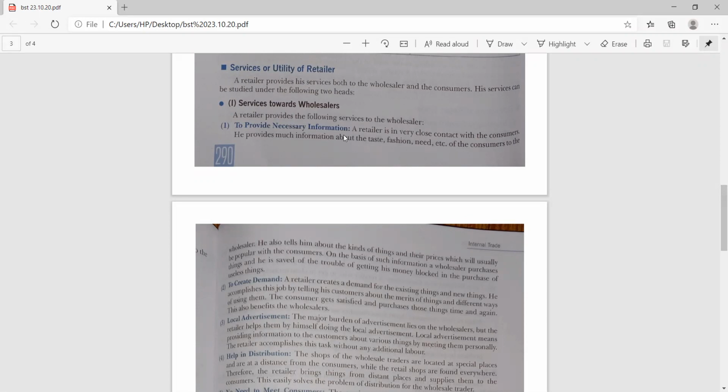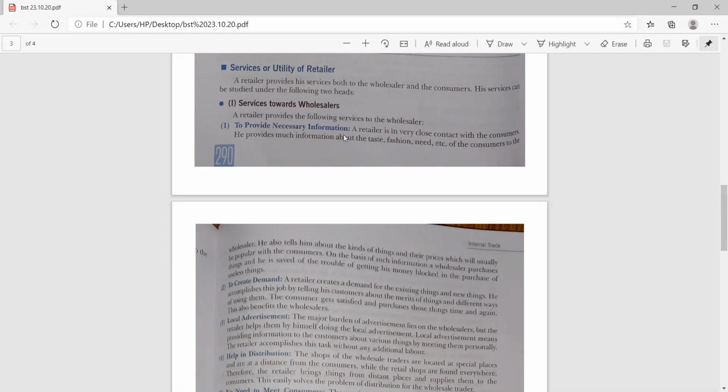You just go as a customer to the shop and tell your query, your suggestion, that I want this pack in that quantity, or I want this kind of change in that product. What you can do as a retailer is provide that information to the wholesaler. The wholesaler will provide this information to the producer as well, that this kind of change should be made in that product.